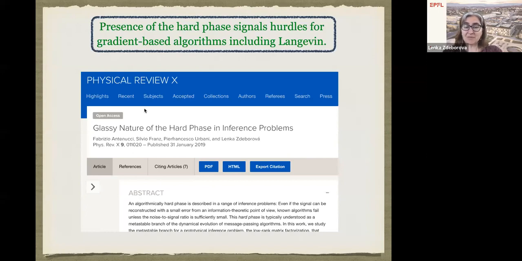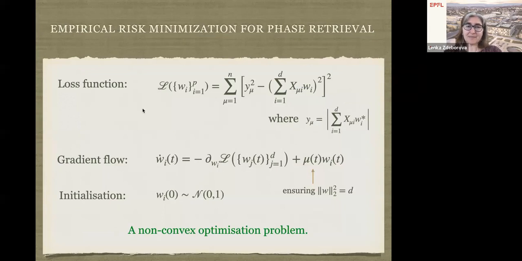But on the phase retrieval, one can actually look at this in more detail and more mathematically. So let's do that. Let's look at, again, the teacher generating the data as before in the phase retrieval way. But now we are not learning it in this Bayes-optimal way. Now we are learning it using empirical risk minimization. That's something that one would do if one didn't know much about statistical physics and was to solve the problem. That would be one way to go about it.